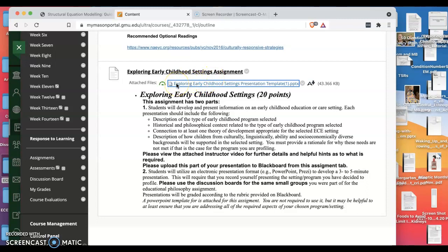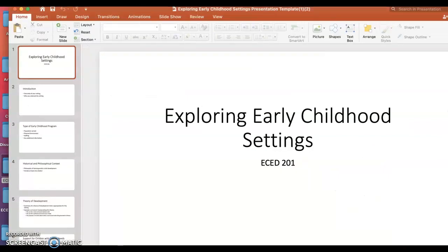You'll see here that I have included an Exploring Early Childhood Settings presentation template. You'll click on this to get the template for yourself. I've already done that, and here, let me pull this up, and this is what you'll have. You'll see that it's quite blank. Please feel free to use your own template, your own PowerPoint, maybe a Prezi. You're free to do whatever you'd like to do to make it more attractive. This is just kind of a basic, so that you are sure to know what you need to include for